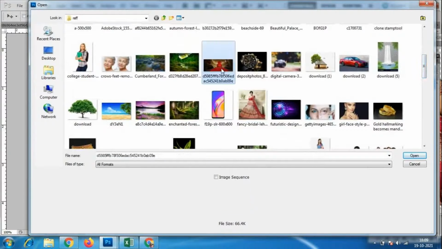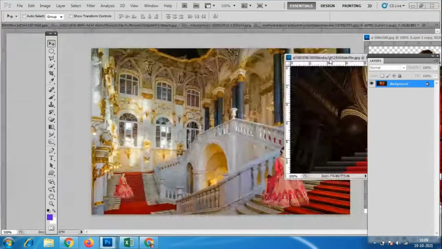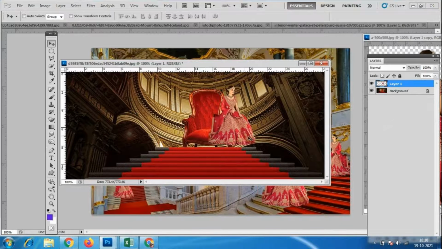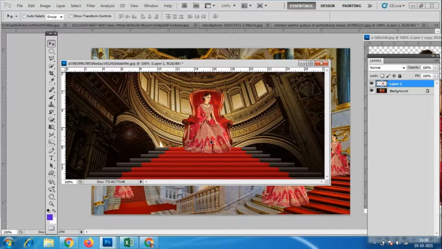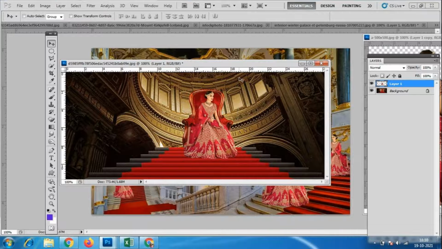So I have this image. Look at here. I have one more image, even for this also, which is suitable. Again, I'm taking a copy of this. So look at here, everywhere. Okay, see here. So that's why I'm taking everybody. See the bridal image. If you take the bridal image, you can show it with different kinds of backgrounds like this. Okay, so like this.